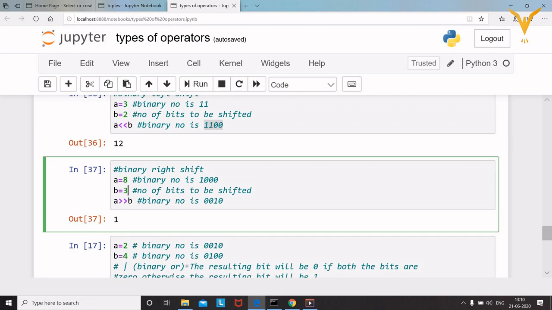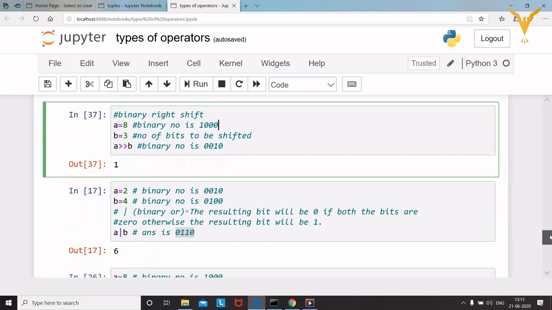The binary number for 8 is 1000 and 3 bits are to be shifted. So we have shifted the 3 bits and then added the 0 to the start of the number. This is the output. What we get is 1.